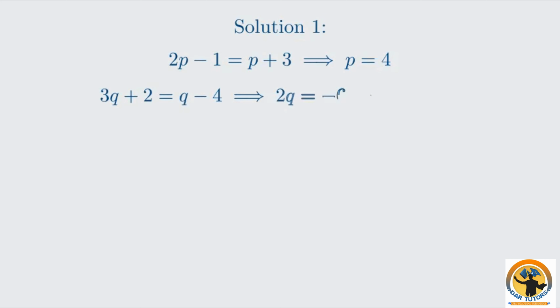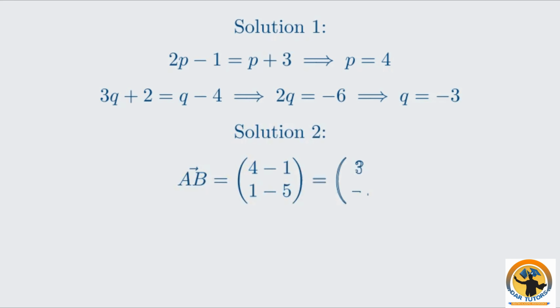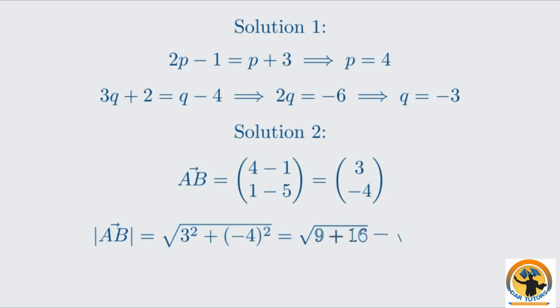Welcome back. Let's go through the solutions to the practice questions. For question 1, we equate the components. 2p minus 1 equals p plus 3, which gives p equals 4, and 3q plus 2 equals q minus 4, which gives 2q equals negative 6, so q equals negative 3. For question 2, vector AB is (4 minus 1, 1 minus 5), which is (3, negative 4). Its magnitude is the square root of 3 squared plus negative 4 squared, which is the square root of 25,